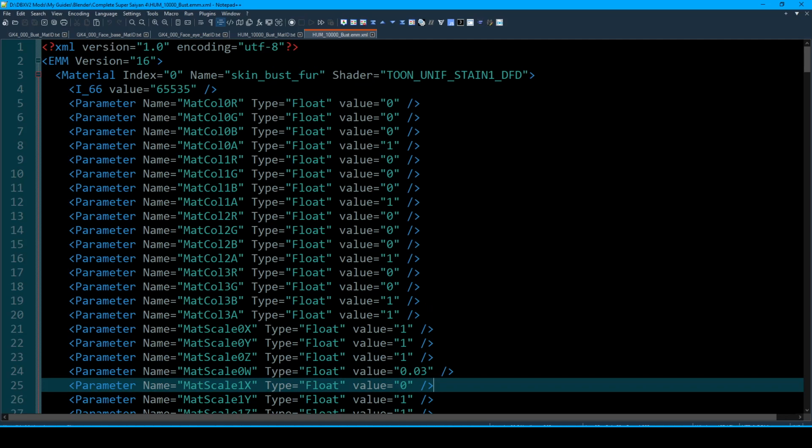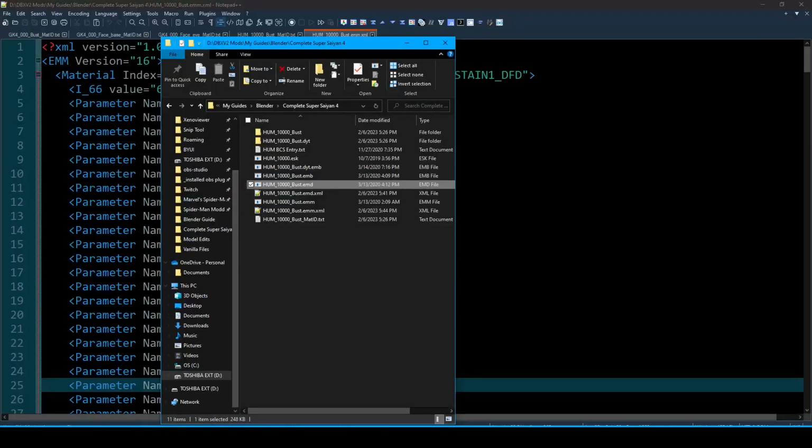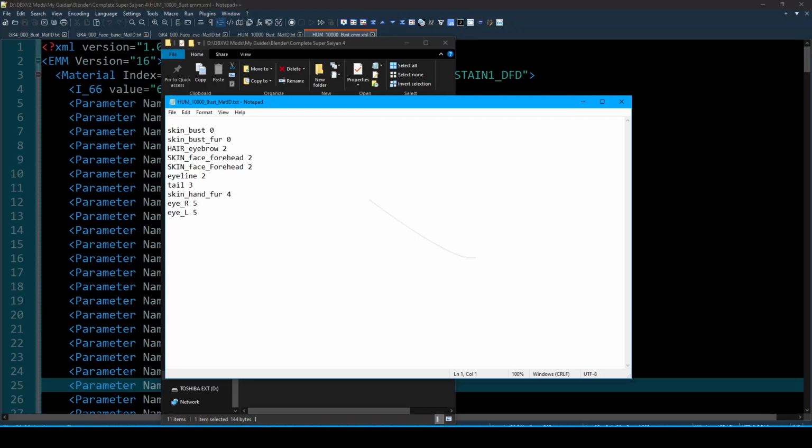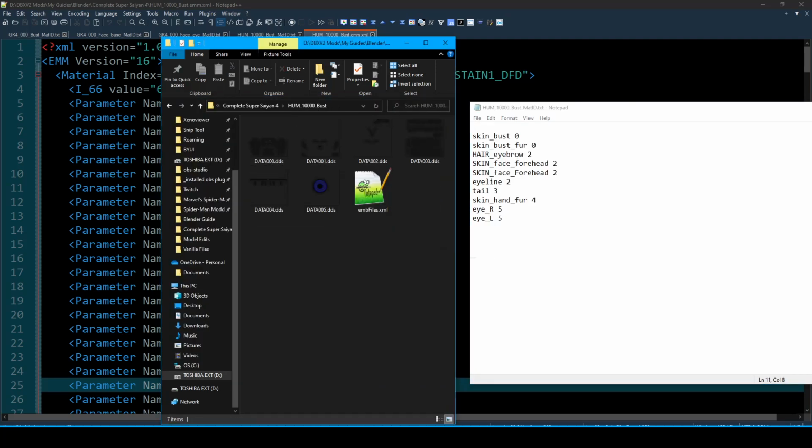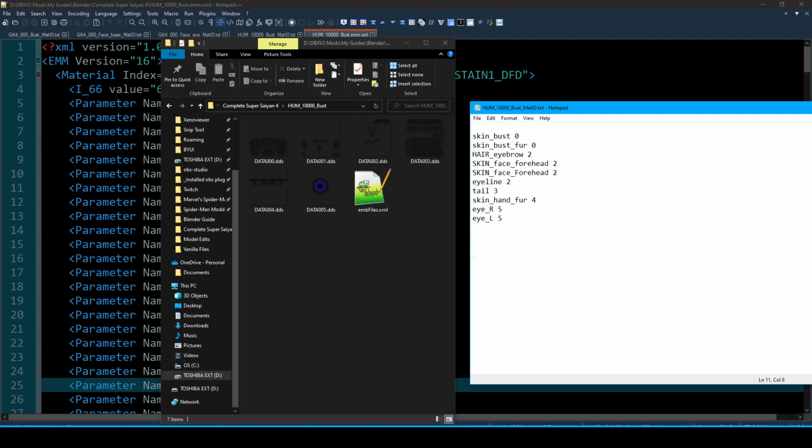And then speaking of the material index again, let's go back over here. As I mentioned, your material ID will be different. You saw earlier that these were all at 0. Now they are all named accordingly based upon the EMB index. So this will all match well, and then it will actually look good in the game.